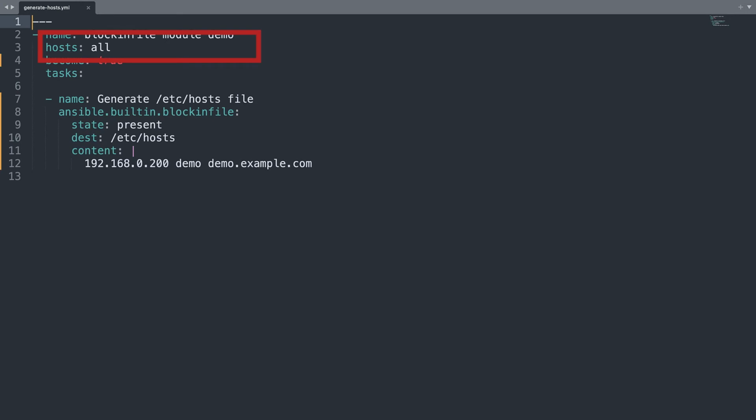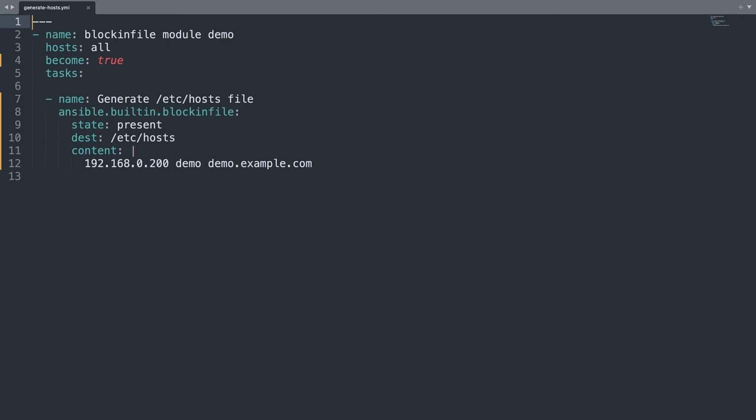Let's see that the hosts are all, so it means that all the hosts in our inventory are targeted, and become is true, which means that we need the privilege escalation in our tasks. We are going to edit the /etc/hosts file with some lines, so /etc/hosts needs to be owned by the administrative user, so root for a Linux system.